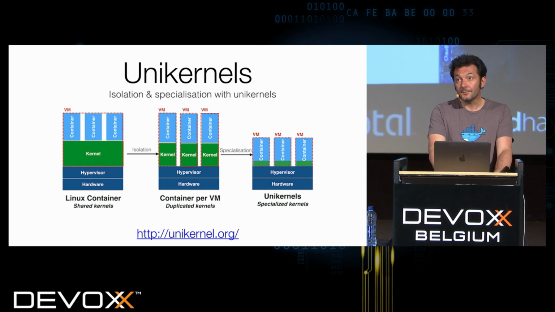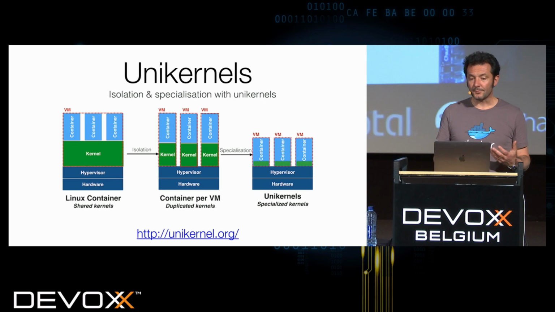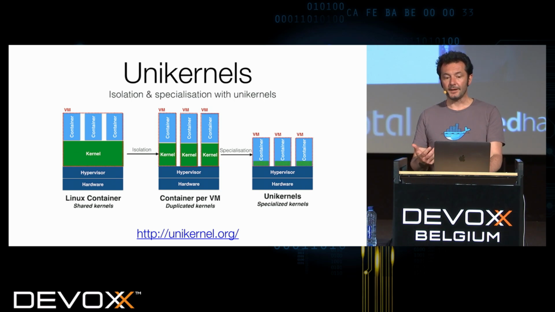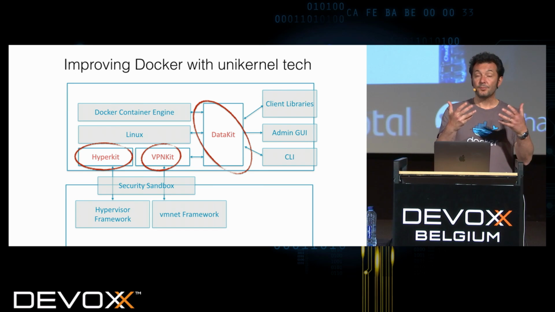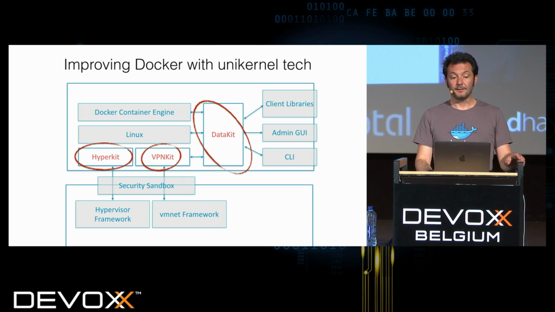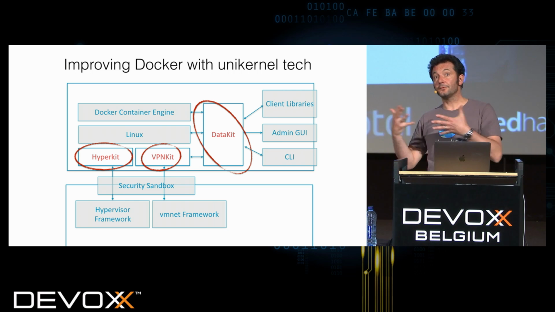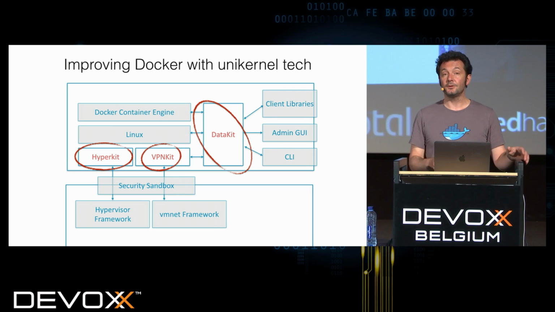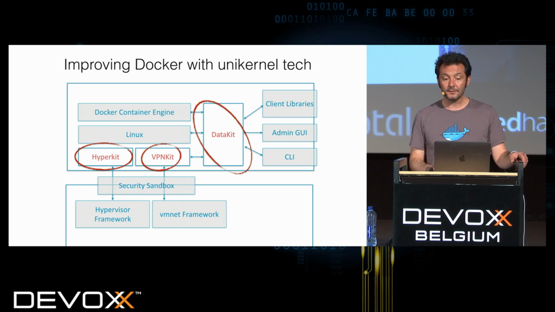So the unikernel team, which is part of Docker, and they are very good systems programmers, participated a lot in Docker for Mac and Windows. And they built these kits that implement some of the logic in there. For example, VPN Kit is the part that does the network translation, and you can use it in your own project. It's been open sourced as a separate project so that people can use it in other types of apps. HyperKit is the part that's using the hypervisor framework to create the VM instead of using VirtualBox.